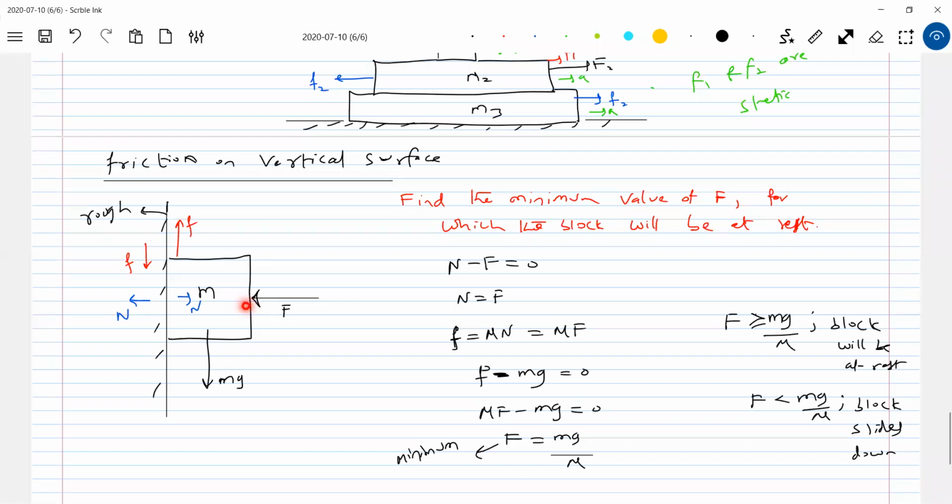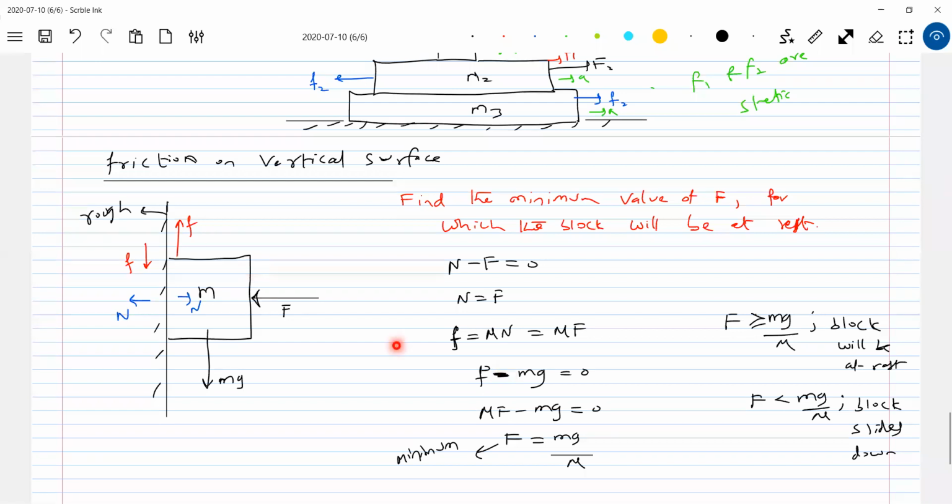Less than the minimum, it starts sliding. Once you press hard, it can never move up. It can never slide up. But mathematically, according to this equation, as you increase the capital F, the friction force will increase. Then the friction force can be mg and it slides up. Okay, on paper, everything is fine.